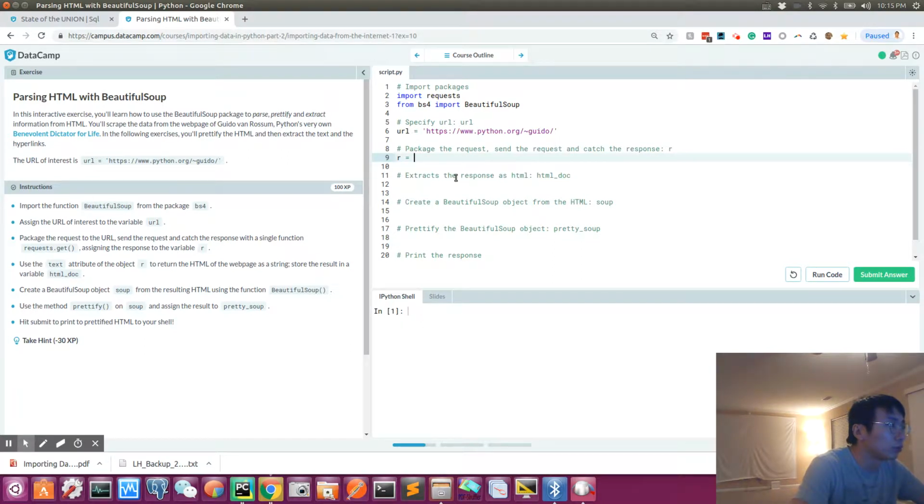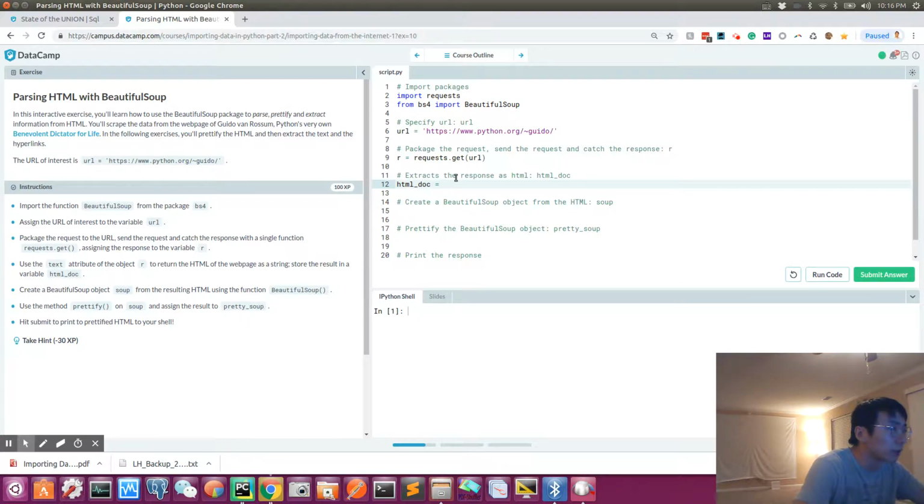Then requests.get(url), and here html equals